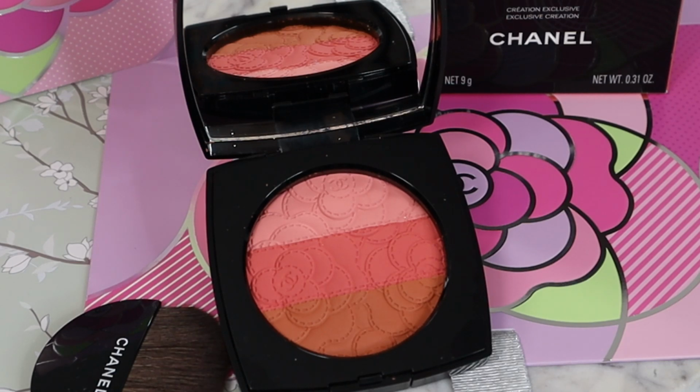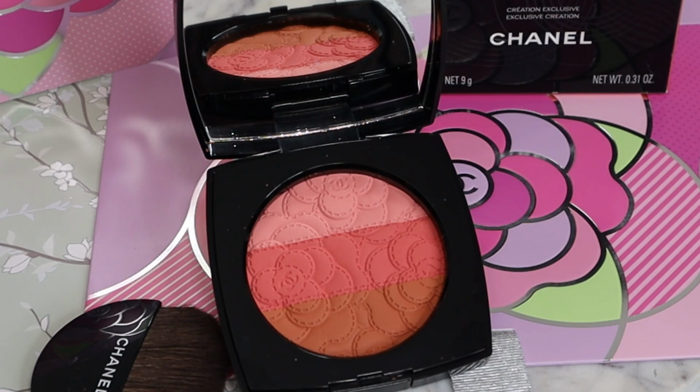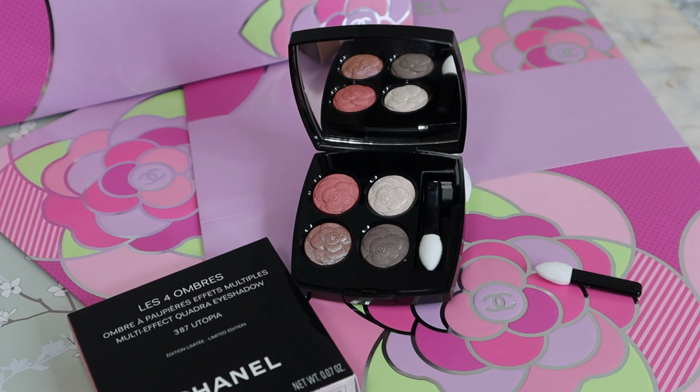I personally know this blush is going to be one of the hottest items because it's pretty, it's unique, and I like this blush. It's matte. Next, it's eyeshadow,